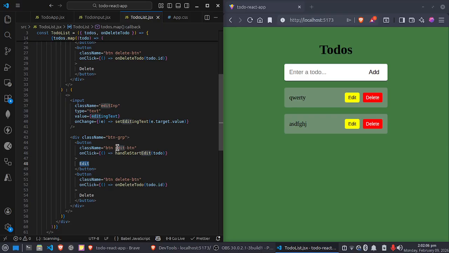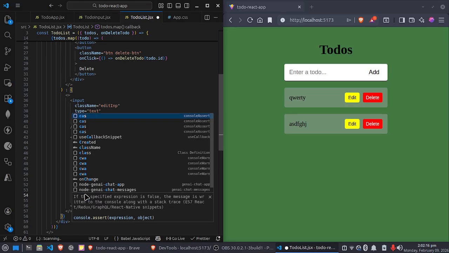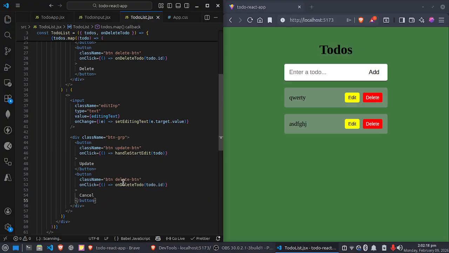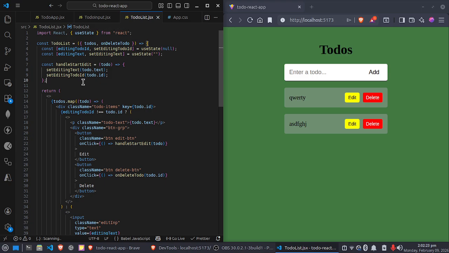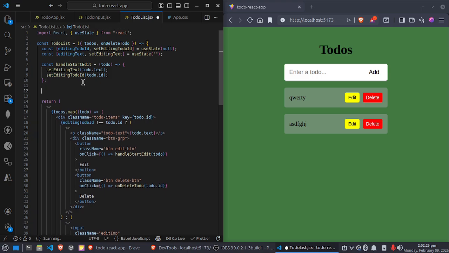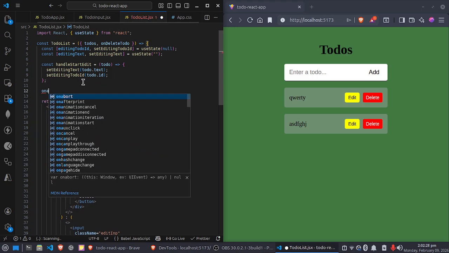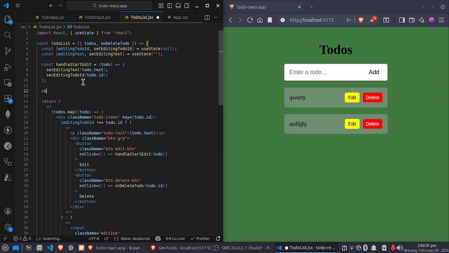This one is the update, and this one is for the cancel. Now on cancel, I have to normalize the whole UI. For that, const handleCancelEditing,